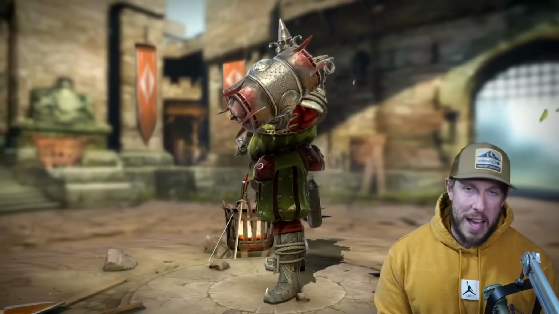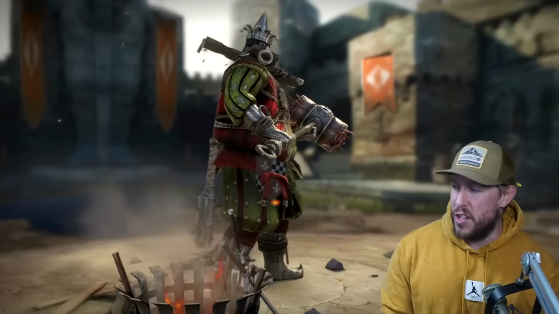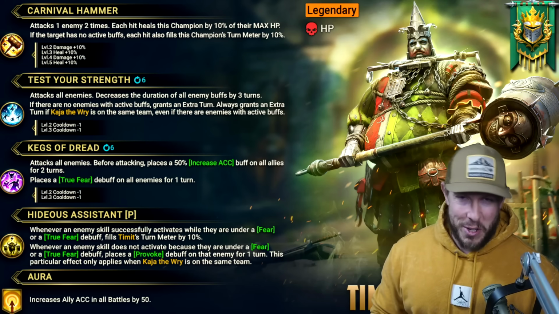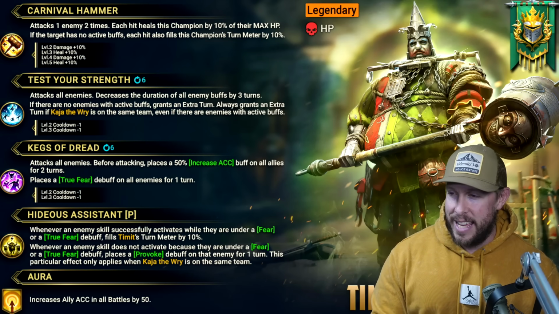We have a new Fragment summon coming to the game in just 3 days. Thursday, October 26th. Say hello to legendary Force Affinity HP-based Bannerlord Timit the Fool. Let's take a look at his kit. So as I just rattled off, he's an HP-based Bannerlord legendary champion, Force Affinity, and he is going to be